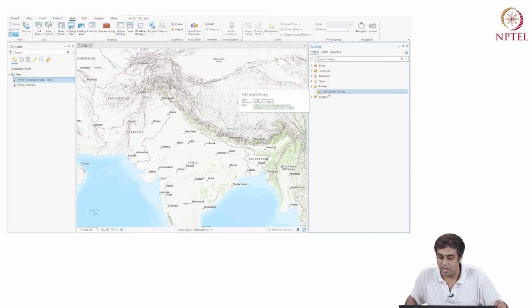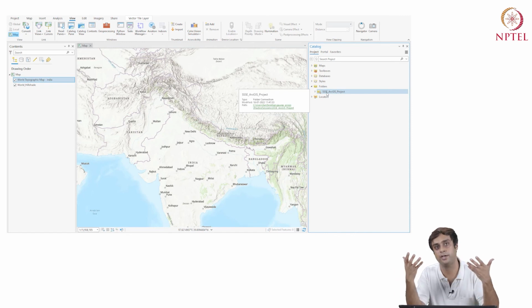If I keep my marker on it, it shows me that this folder was modified on the 18th of July, which is today, when I'm recording this lecture, and its path tells me that it's on desktop under the folder Gaurav ArcGIS, under practice sessions, and then SSSE ArcGIS project. So phenomenal, it is already providing me a location for where the project is going to be saved.